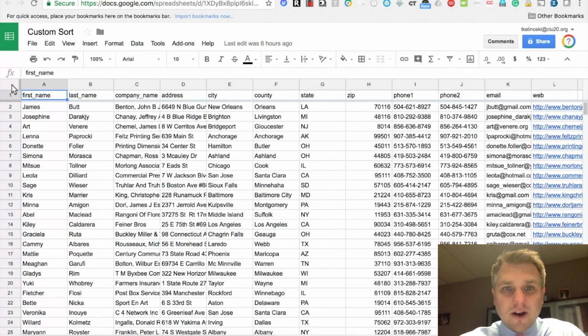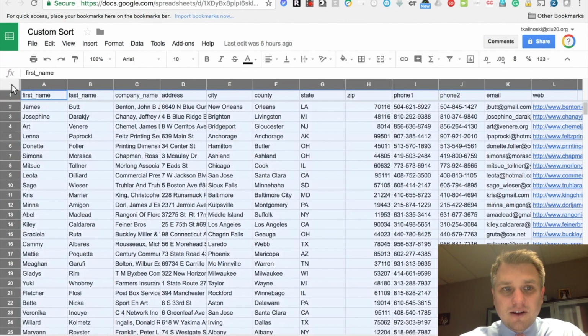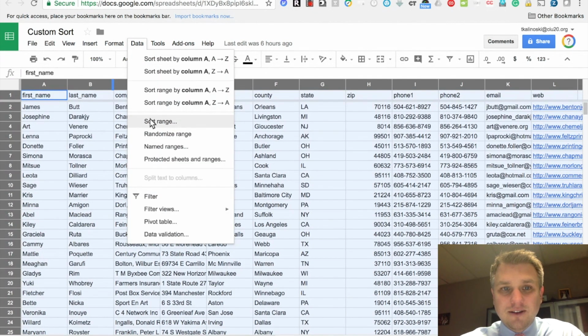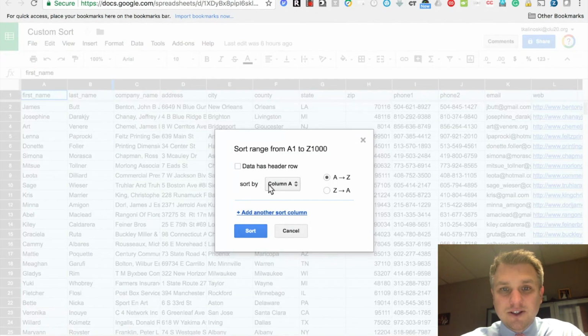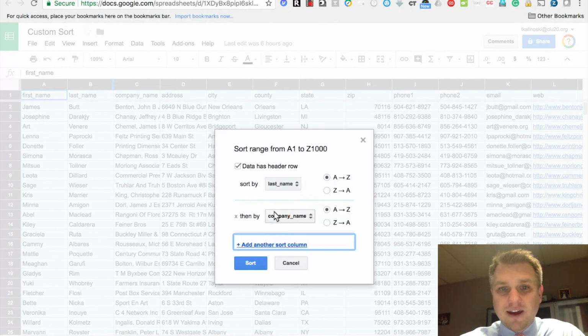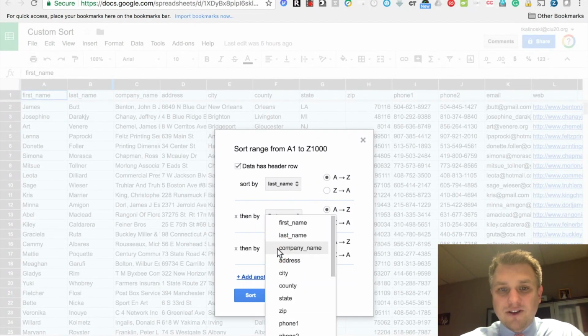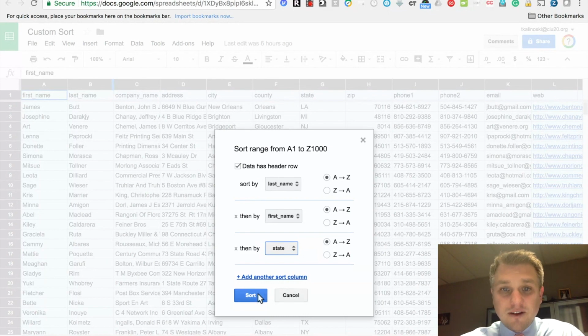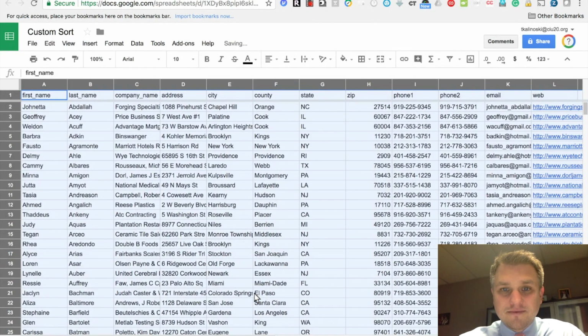So how we did that was we clicked up here in the top left-hand corner to select all of our data. We clicked on Data, and then we clicked on Sort range. We specified my data had a header row, and we specified the first thing we wanted to sort by. Let's say that's last name. And then maybe first name. And then maybe let's say state. So if we click on sort, okay, it alphabetizes everything first by last name, then by first name, and then